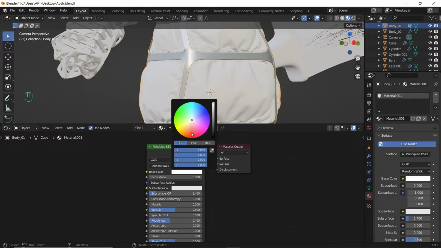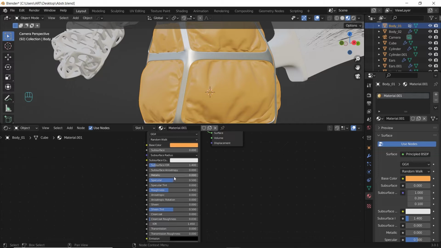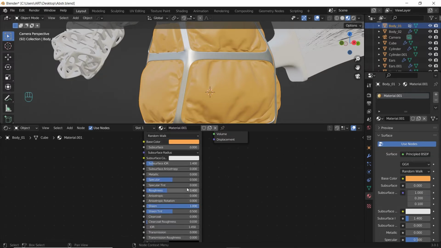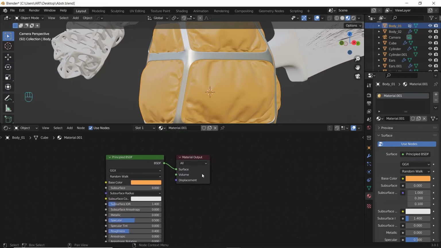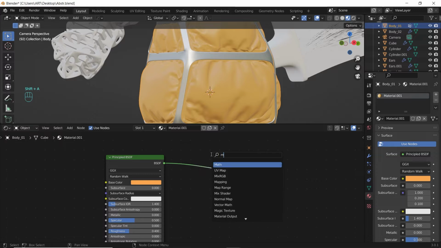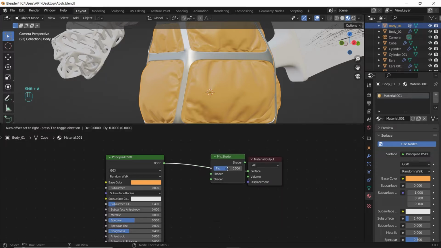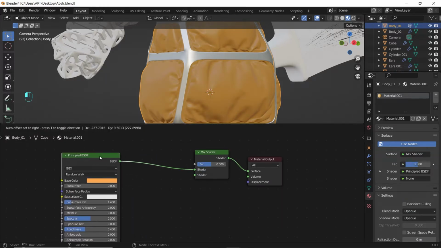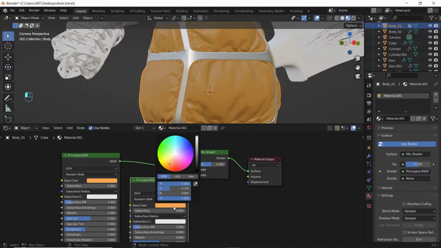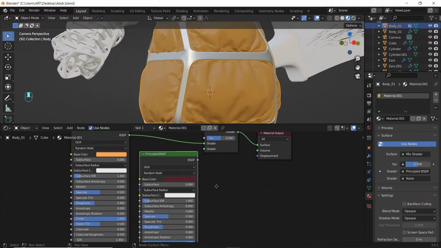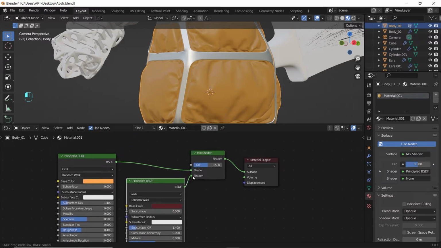Give it some base color, like this bright orange. Increase the sheen all the way up, which is designed for things like clothes and so on. We can add some pattern here. For this we can bring the mix shader and plug it right here, so we can mix the two shaders. Duplicate this one, pick another color, plug it there,